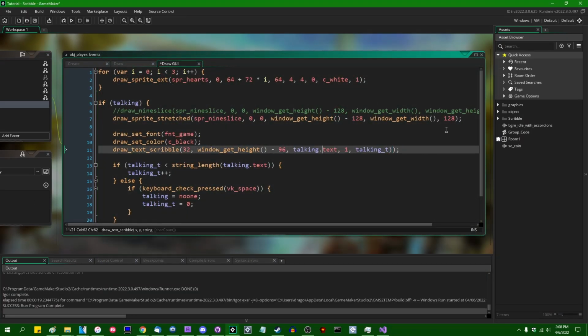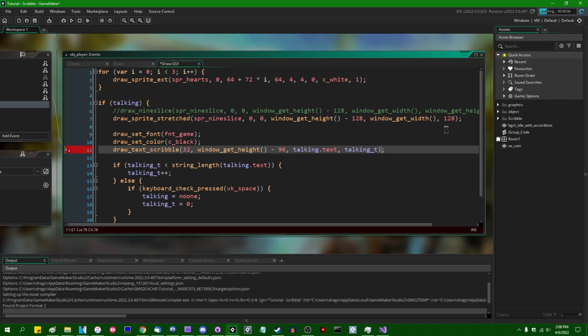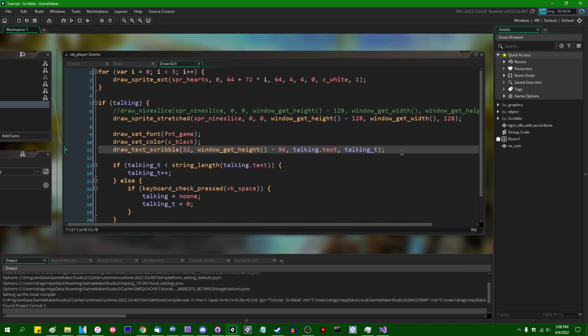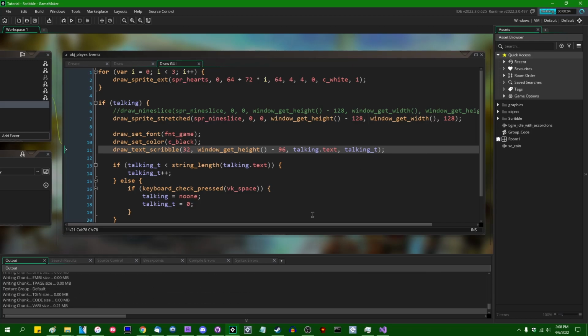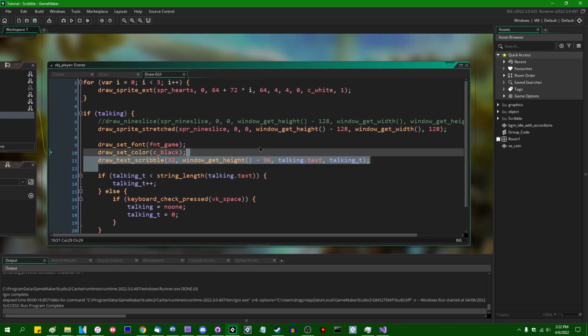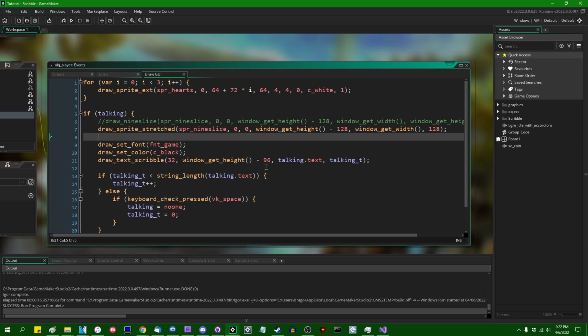I can replace the string copy with talking underscore T as the character count parameter. There is a rogue close parenthesis in there somewhere, and this will accomplish the same thing, like this. All right, so that's pretty much it for the basics. With this one small change, you can now pretty much use any of the Scribble formatting tags inside your text